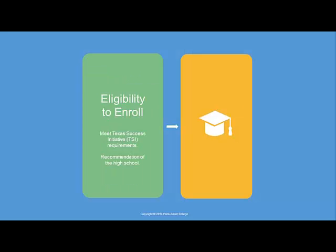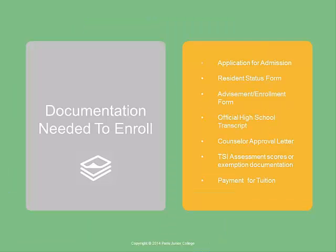A student must meet TSI requirements and have the approval of their high school. Students must provide PJC with the following documentation prior to enrollment: an application for admission, a resident status form, an advisement and enrollment form, an official high school transcript, a counselor approval letter, TSI assessment scores or exemption documentation, and payment for tuition. If the dual credit class is taken on a PJC campus, documentation of the bacterial meningitis vaccination